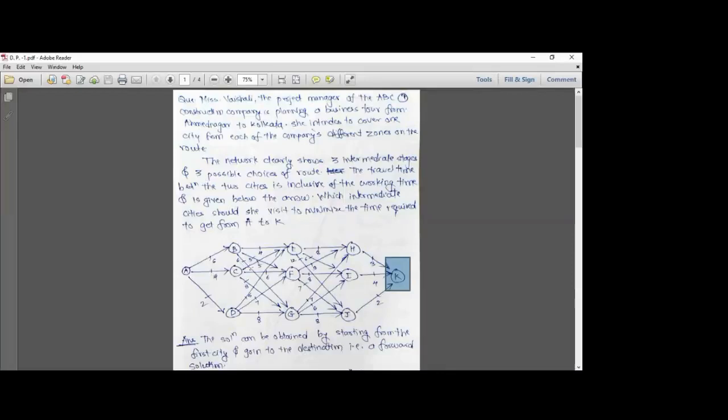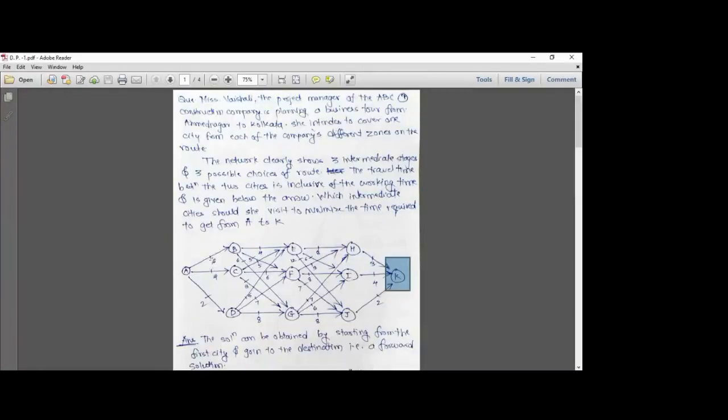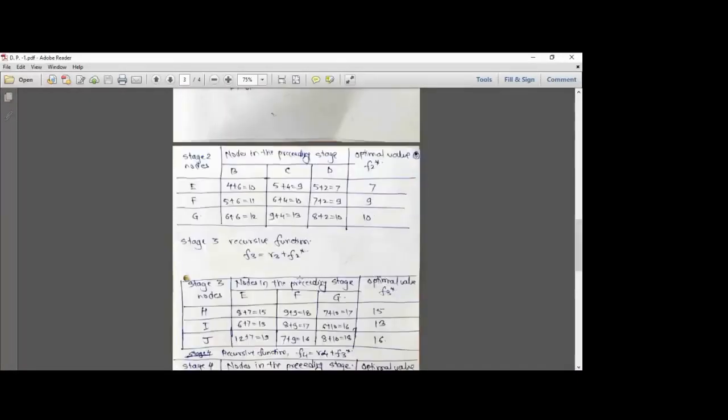तो हम लोगों ने क्या किया है? ये वाला ऑप्टिमाइज कर दिया। तो हम लोगों ने ये वाले स्टेज पे कुछ डिसीजन लिया, ये वाले स्टेज के ऊपर भी कुछ डिसीजन लिया, ये वाले स्टेज के ऊपर भी कुछ डिसीजन लिया, और फिर सब डिसीजन को एक साथ मिला के हम लोगों ने ये ओवरऑल प्रॉब्लम को सॉल्व कर दिया। So this is how this dynamic programming is working for this type of